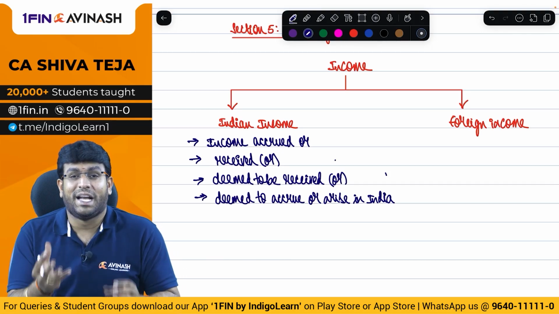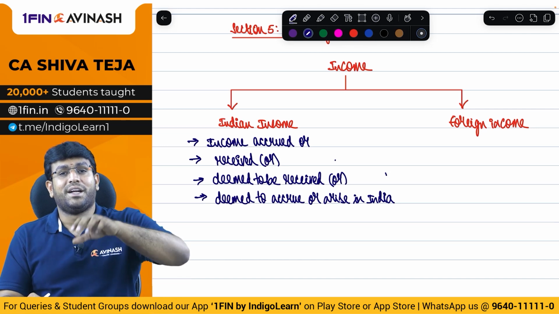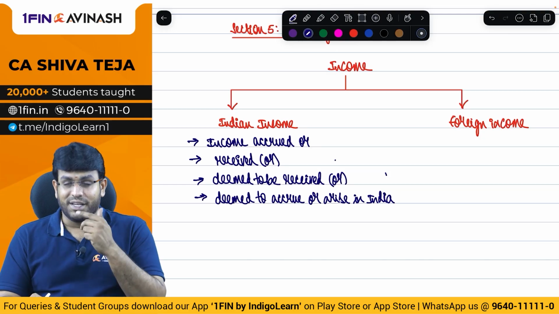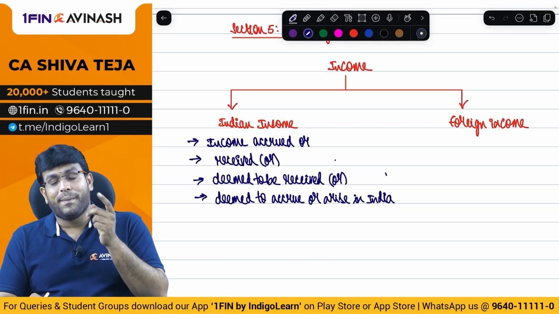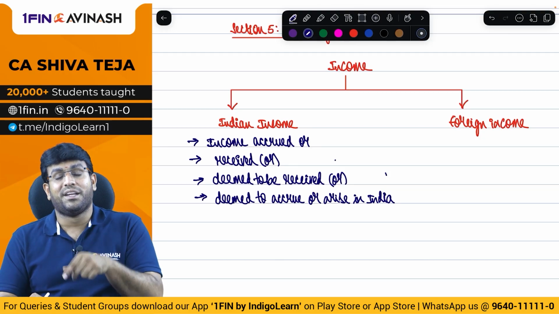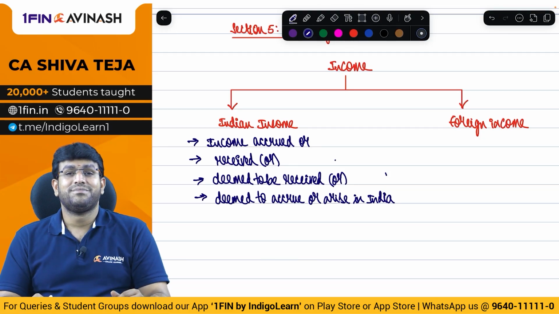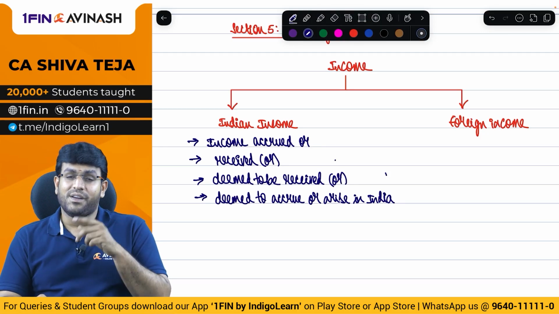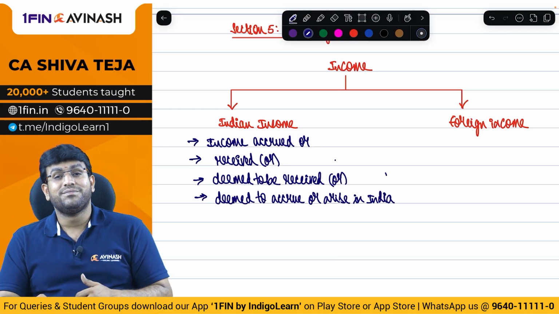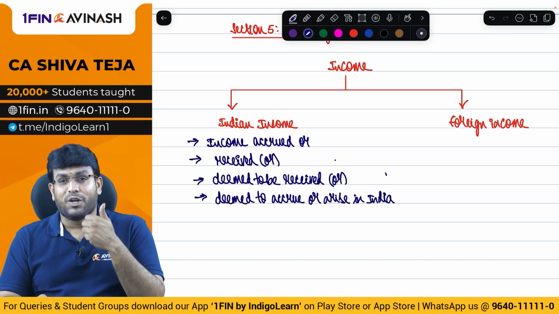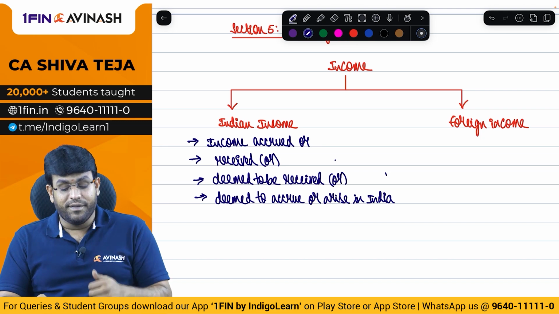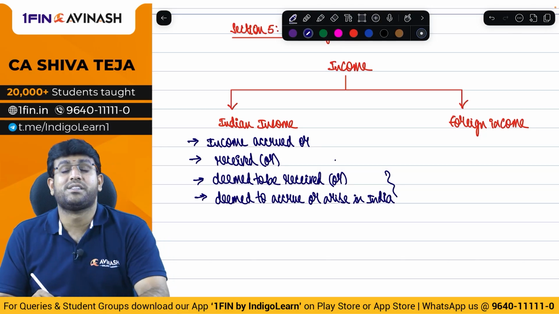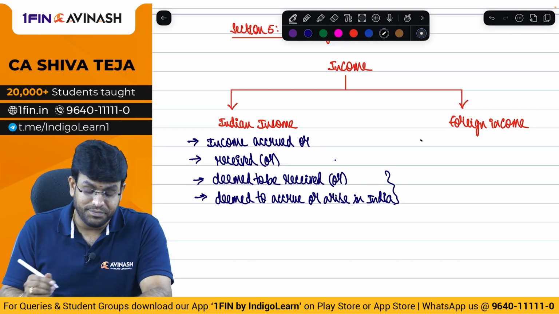It's a right. The right will generate where you have done the work. For example, sir, let us say you have done work in India, but payment is received in Dubai. Even though payment is received in Dubai, since work is done in India, it is known as Indian income. But if work is done in US and income is received in India, still it is Indian income because it is received in India. Got it, my dear friends? So when do we call income as Indian income? Income accrued or received or deemed to be received or deemed to accrue or arise in India. And these two concepts of deemed to be received and deemed to accrue or arise in India, we will talk about separately.